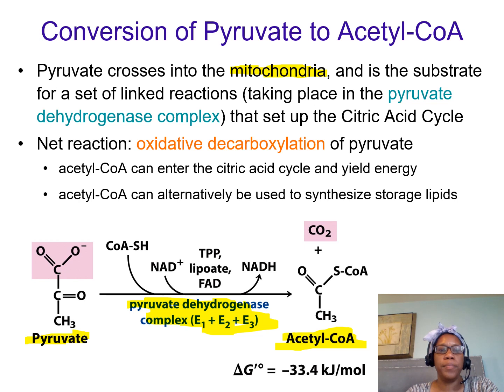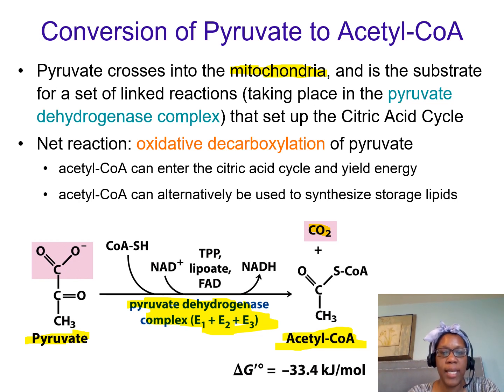And the net reaction is an oxidative decarboxylation of pyruvate. So we see the decarboxylation of pyruvate, so we lose the CO2. And either we can take this acetyl-CoA and enter the citric acid cycle so we can get energy, or we can take this acetyl-CoA, if we don't need energy, and turn it into a lipid, into fats. And so this complex